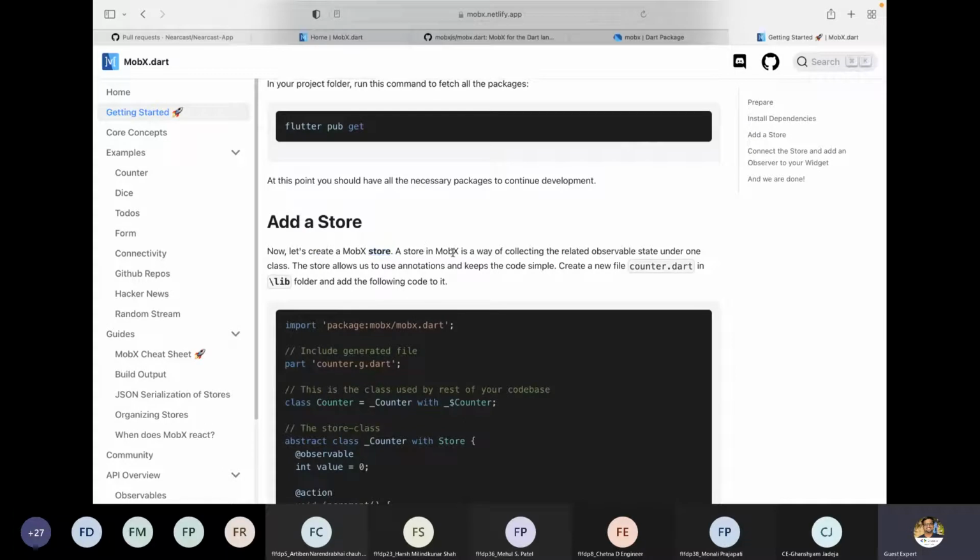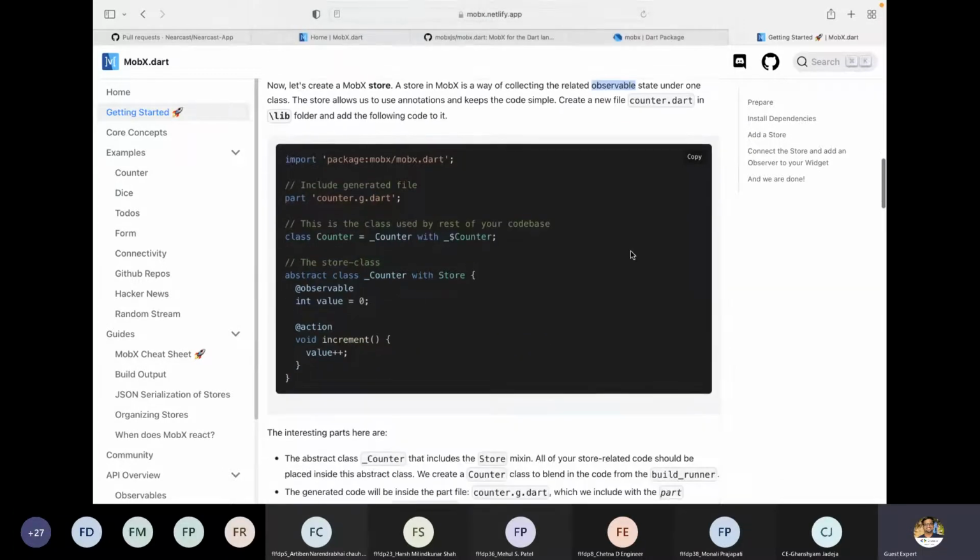A store in MOBEX is a way of collecting data related to the observable state. Now to create a store, there are two things we have to pay very close attention to, because this is code generation. So we are telling it that we are creating an abstract file. The whole code generation will be done by the MOBEX plugin itself.